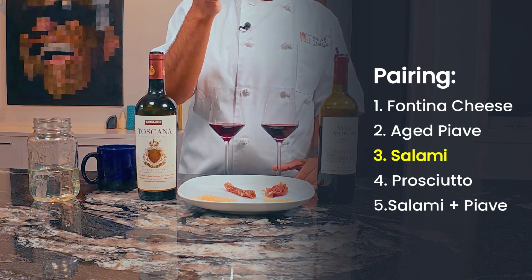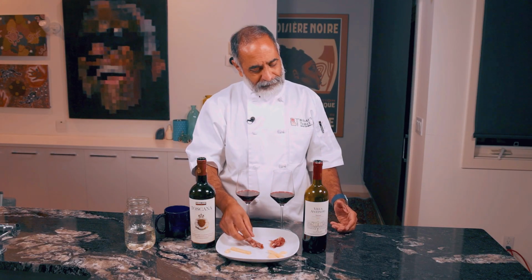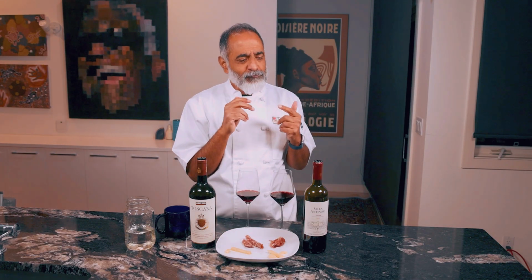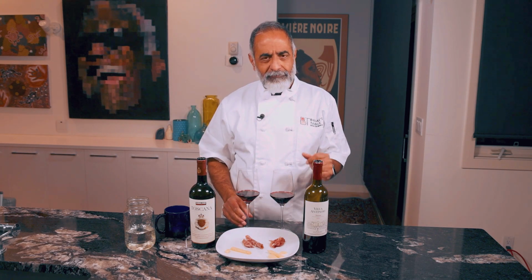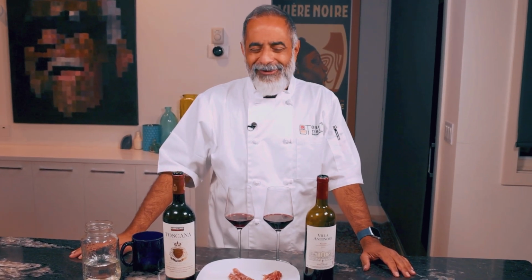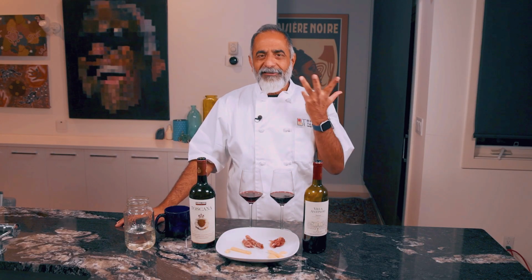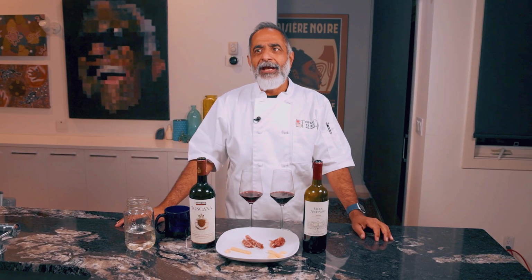So a nice little salami here with fennel. Really, fennel is one of those things that makes Italy, Italy. Oh, rich, porky, fatty, that lovely little fennel note in there. I'm going to start with the Kirkland brand first. Yep, meat. The wine, not completely transformed, but it does elevate the salami, and the vegetal note is now making that fennel